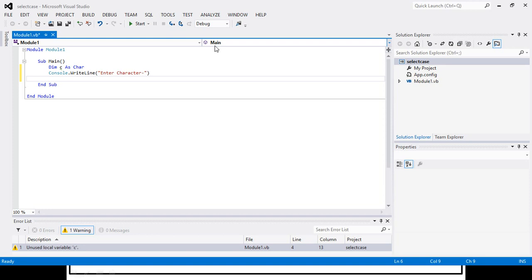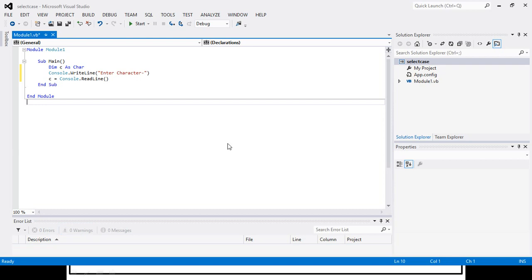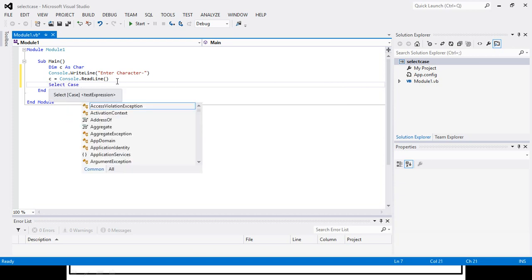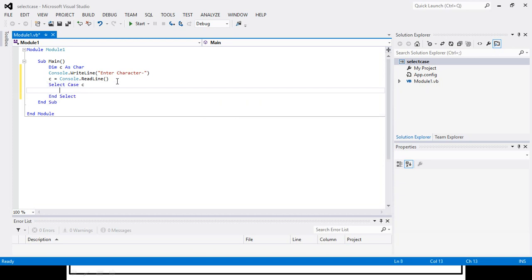Now here I will write Console.ReadLine so that the value will be read and assigned to our character. Now here I will use the select case and the expression will be the value of C.